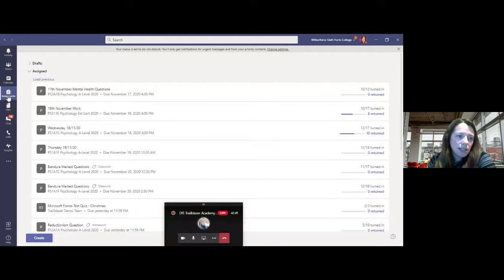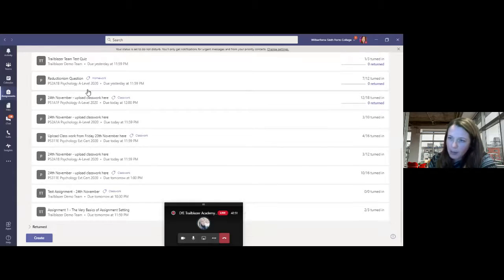If you go on this assignments tab, these are all my assignments that I've set so far this year. They all appear as one. The students obviously see a similar page with all of the assignments that they've been set. If we go down to the bottom, we get this create, and there are 3 options. You can create an assignment from new, from existing, as Lois mentioned, and as a quiz. So I'll start with just from new.